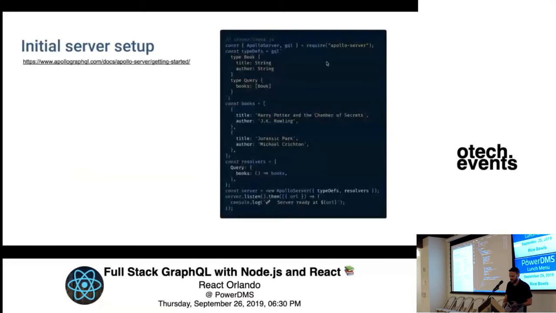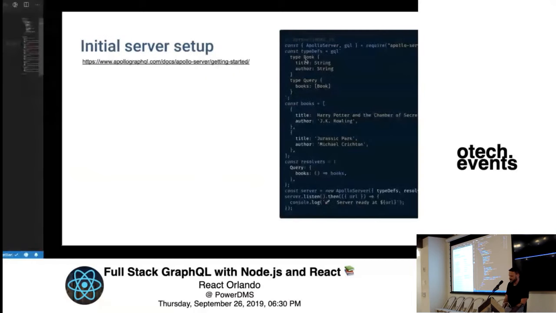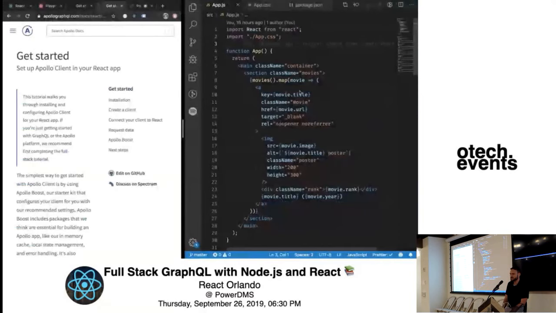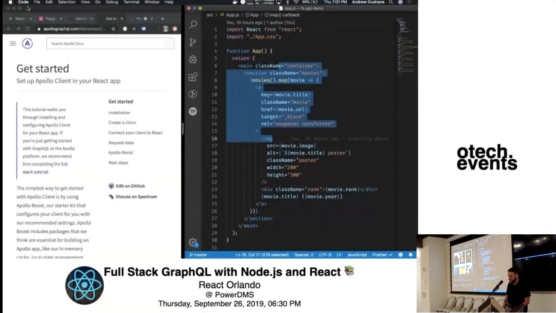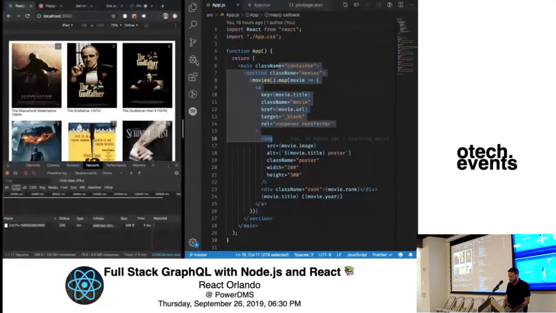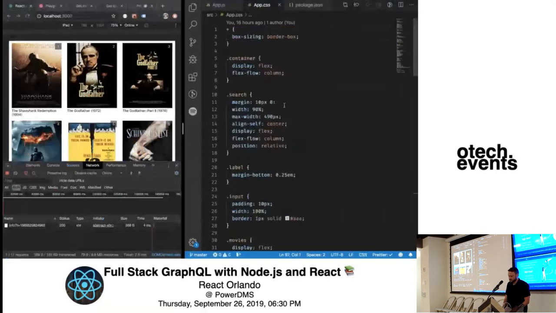We have a starting point here. I only slightly cheated. This is basically just a vanilla Create React App. If you have done any React development, you're probably familiar with Create React App, so that's how I created this app. The only thing I changed was the app.js, the UI component that renders the page, and the app CSS, because I don't think you all want to sit here watching me coming up with CSS.